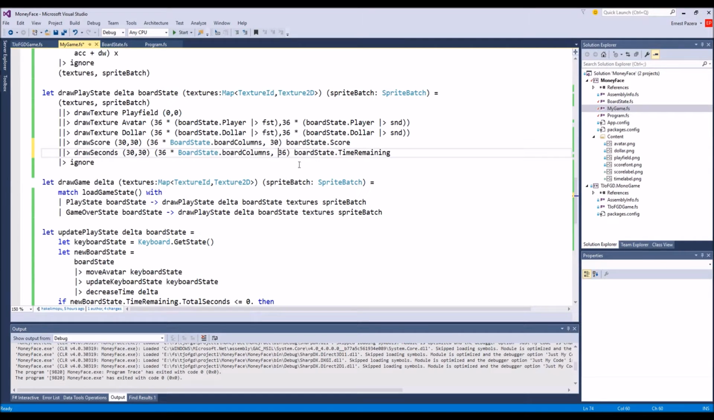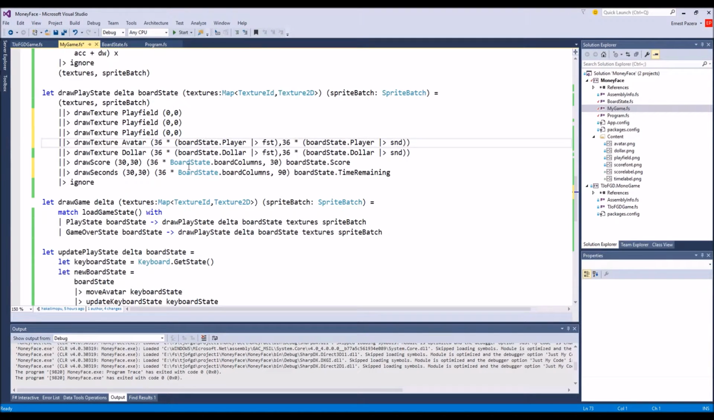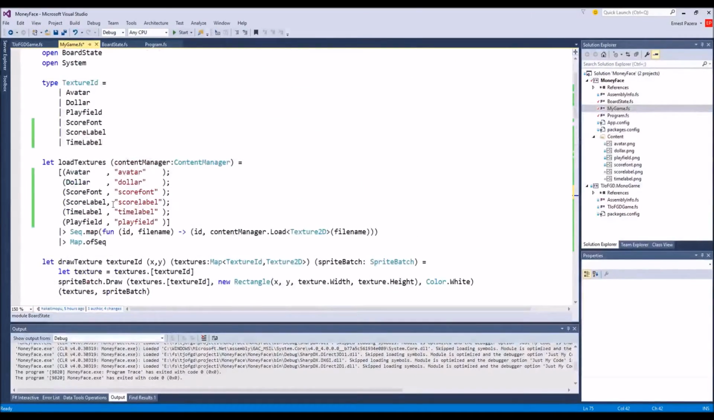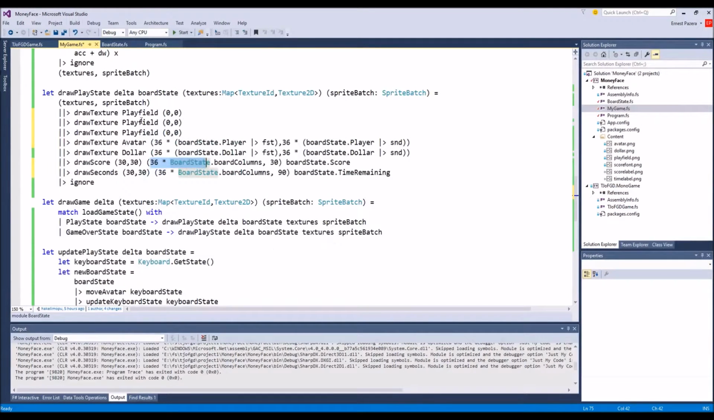So where's that? So that one's 30, and then we'll have the label at 60, and then this will be at 90. And we're going to draw the score label and time label. And time label. Of course,